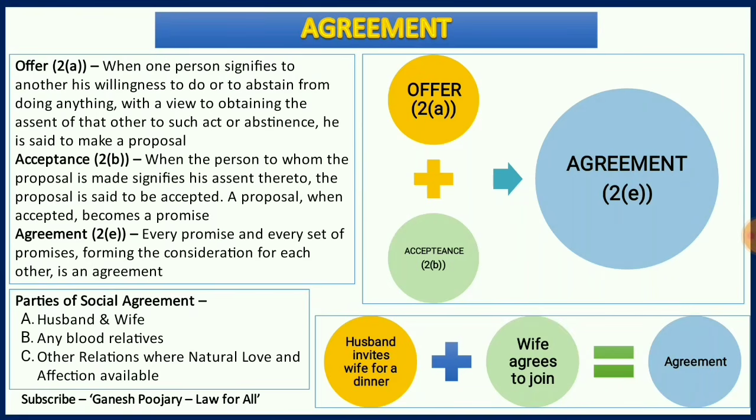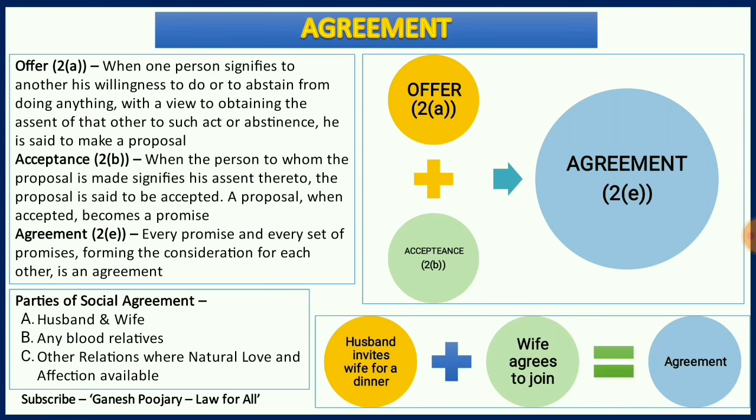An agreement is a combination of offer and acceptance. Imagine you have two movie tickets and you would like to go for that movie along with your friend. You call your friend and ask whether he would like to join you. Now you have made an offer, and if he agrees, then that is called acceptance, and when that cycle completes, that is known as agreement. There is one person who is offering and another person who is accepting, and when both are combined, an agreement is ready. The term offer is defined under Contract Act Section 2A, which says when one person signifies